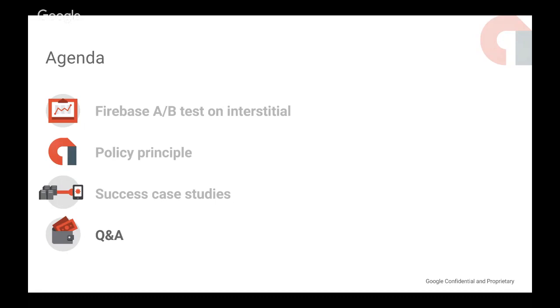I think that's all for Firebase A/B testing, interstitial ad frequency. Back to you,